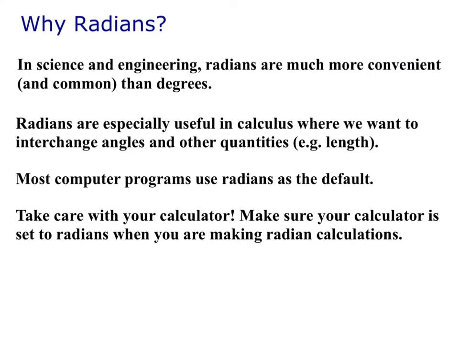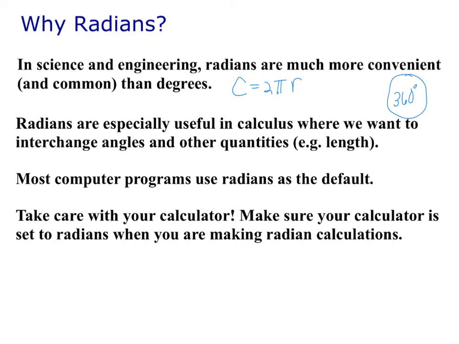Well, here are some reasons. I've written them out here. In science and engineering, radians are more convenient because they are smaller. Okay? So, for instance, I told you every circle has 360 degrees. Every circle also has a circumference of 2 pi times the radius,